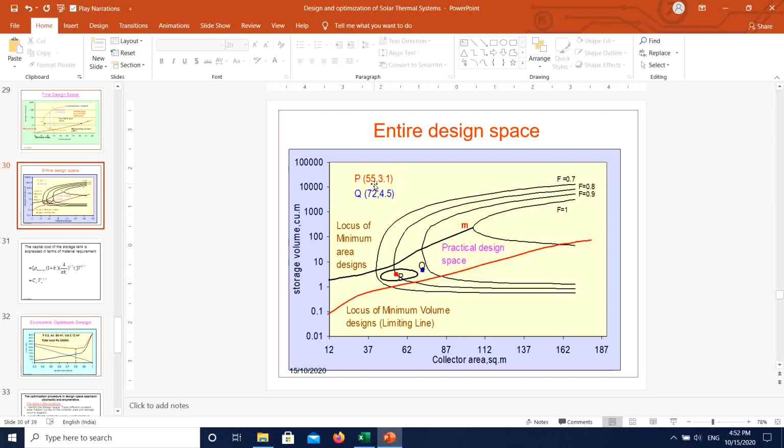P is 55 meter square of collector area and 3.1 meter cube of storage volume, which will give me the minimum cost of the system that will give you the optimum performance of the solar system. Q is the conventional design. The conventional design will give you 72 meter square of collector area and 4,500 liters of storage volume, as against the design space, which gives you 55 meter square of collector area and 3,100 liters of storage volume. Okay, so